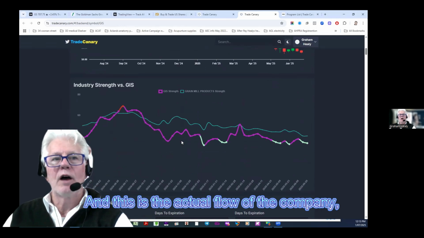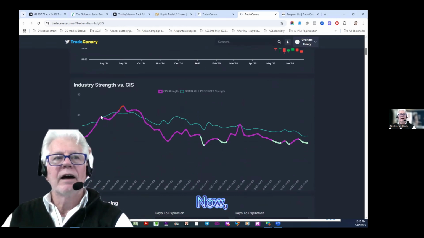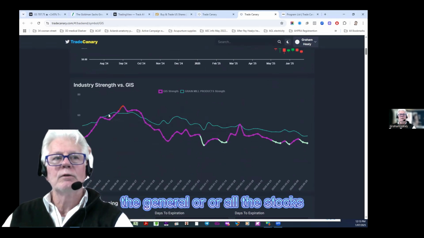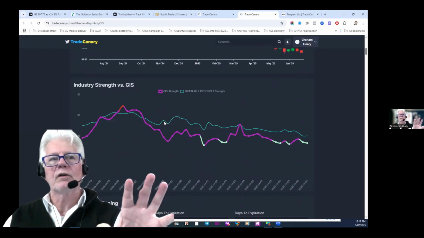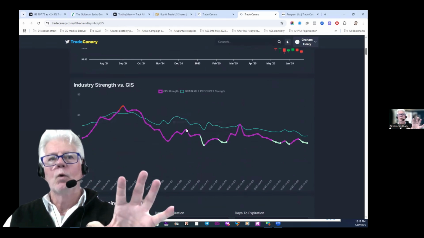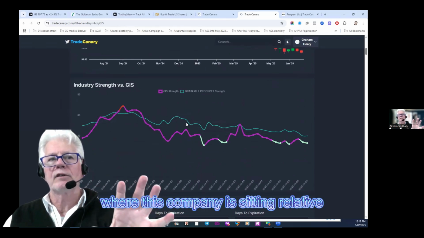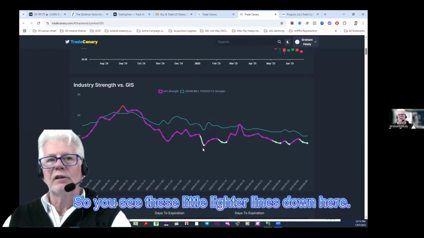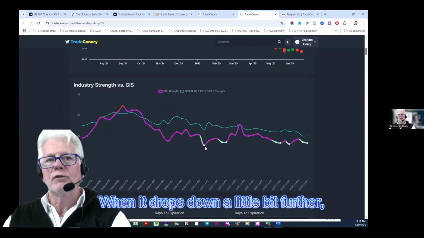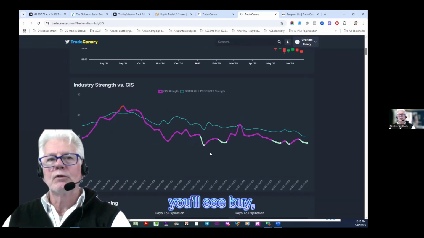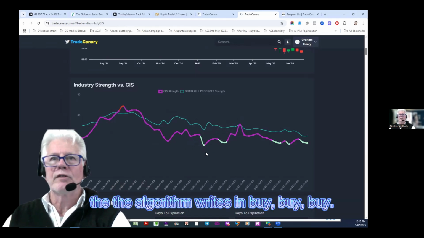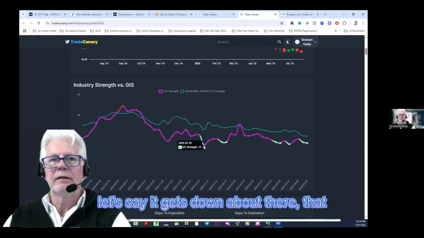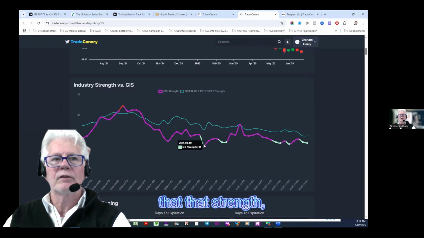And this is the actual flow of the company, right? Now, the blue line here is actually all the stocks in this particular industry, where this company is sitting relative to all the stocks, all the stock cash flow. So you see these little lighter lines down here. When it drops down a little bit further, you'll see the algorithm writes in buy. So when it gets right down, let's say about there, that line there, that strength of 31,